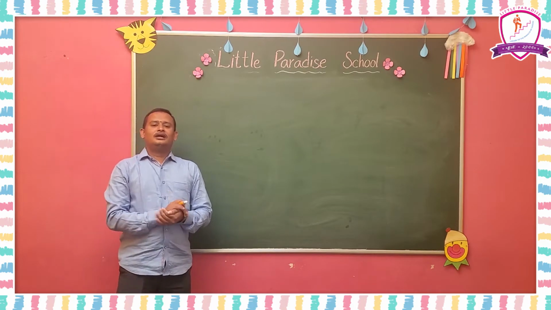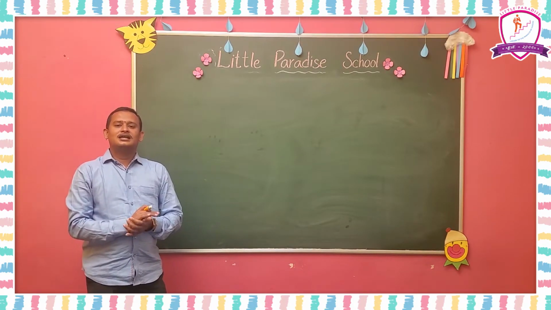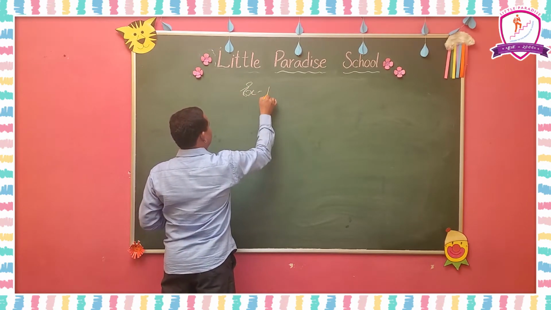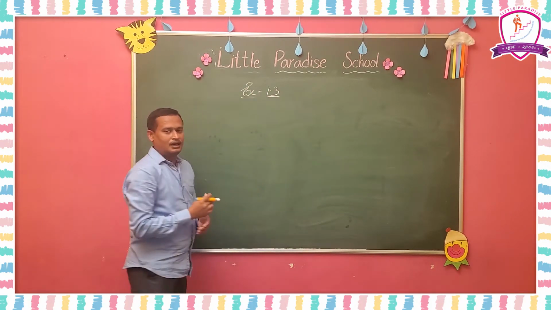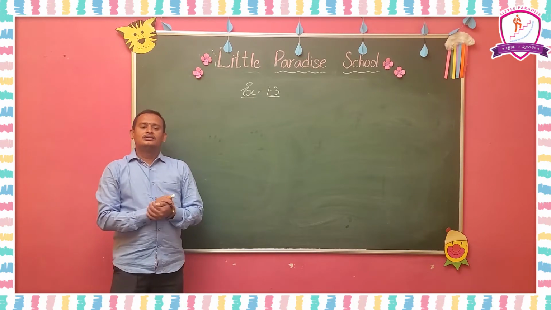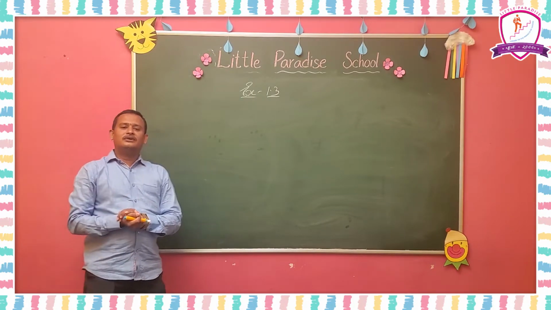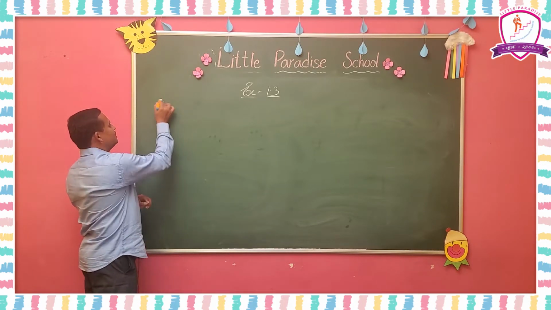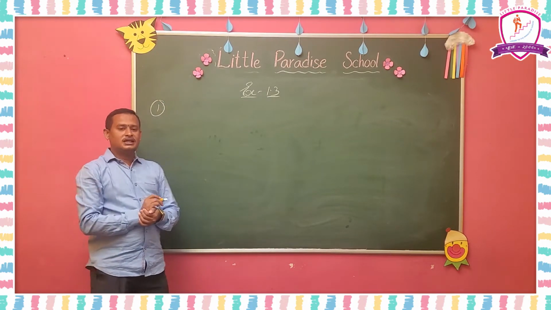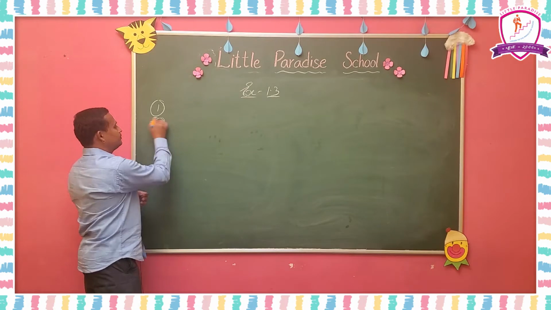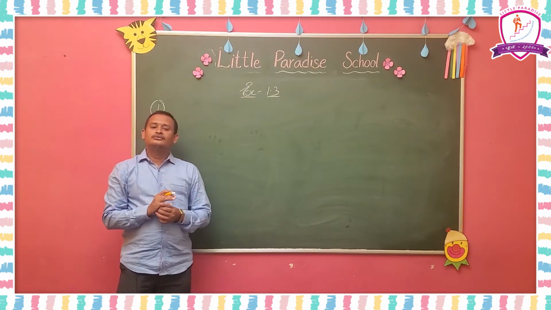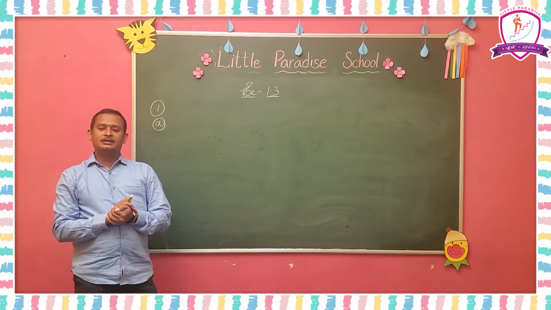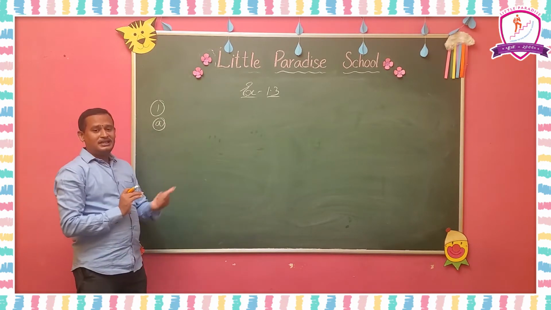Okay, now we are going to discuss exercise 1.3. In exercise 1.3, first all of you see question number 1, answer the following questions. In this, first A I am going to explain here. A. Find the integers whose product with minus 1 is 20. I am going to explain A.